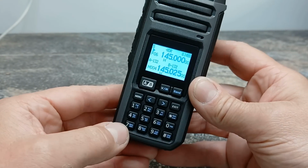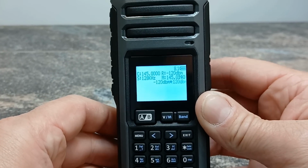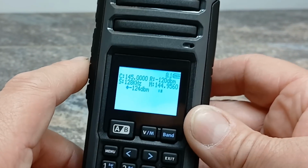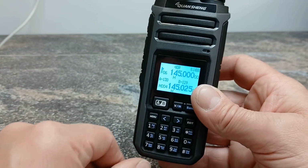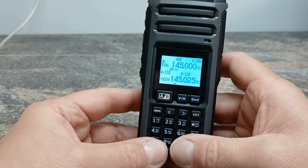So a short press of button number 7 starts the spectrum analyzer. Again, not really something I've played with just yet, but you can see it's doing something on the screen there, so that's probably something to look at in a future video. Let's exit that. And then button number, where are we up to, 8, changes between AM, FM and upper and